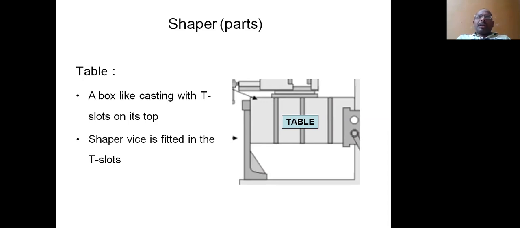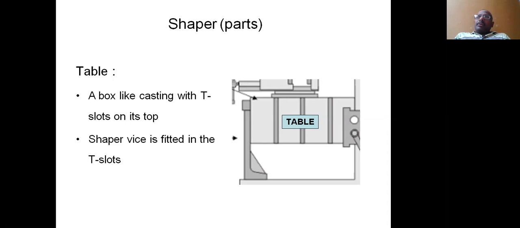So the next one, this particular shaper vise. A shaper vise is one type of work holding device. If the work or job is a simple one, then by using a shaper vise, the job is mounted over the table. Or if the job is of irregular shape, then by using different types of work holding devices, that are clamps, T-bolts,